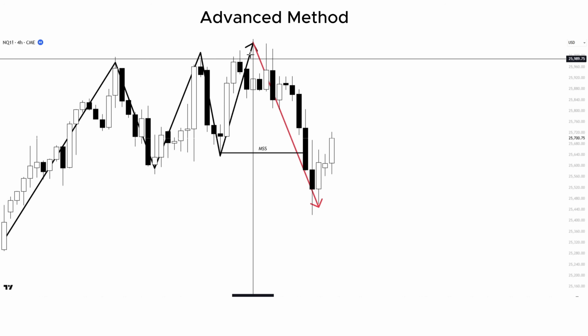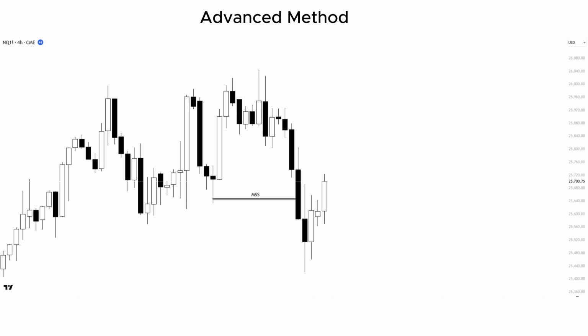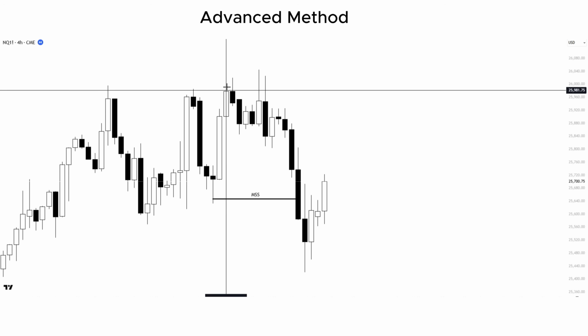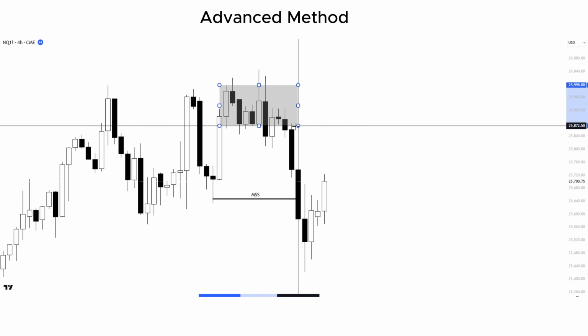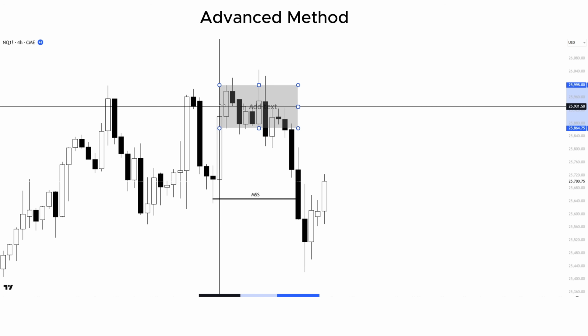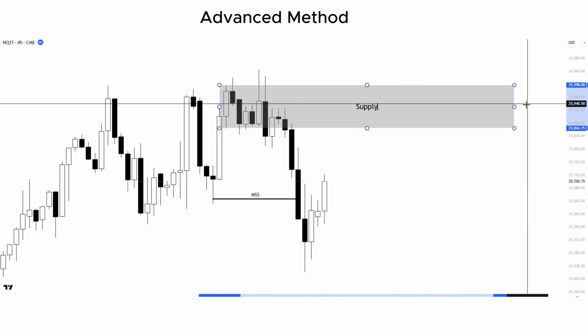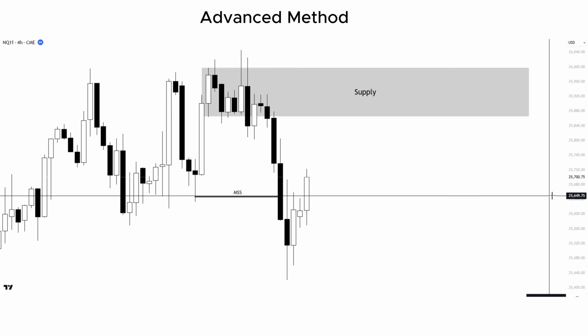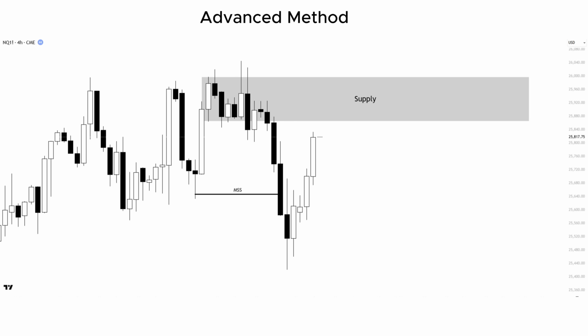So we need to identify this supply in order to plan the setup, and the supply is found near the swing highs on the last bullish candle before the bearish pressure started kicking in, which should be around this level. It's from this candle that the next one started to push down and signal bearish momentum. The market then fills the main supply,